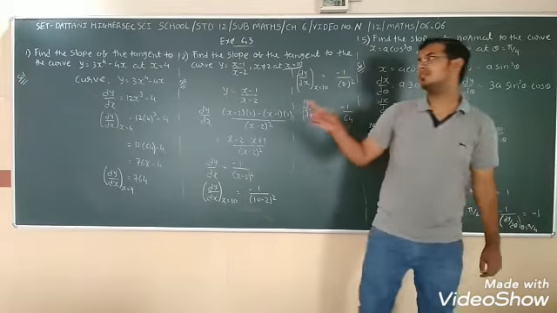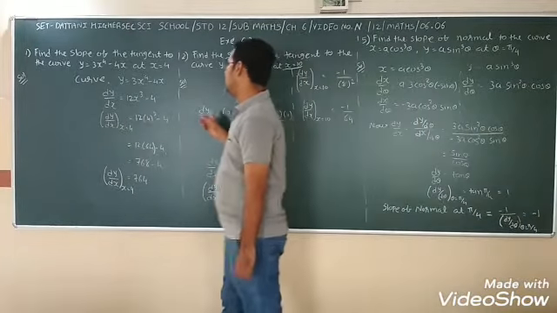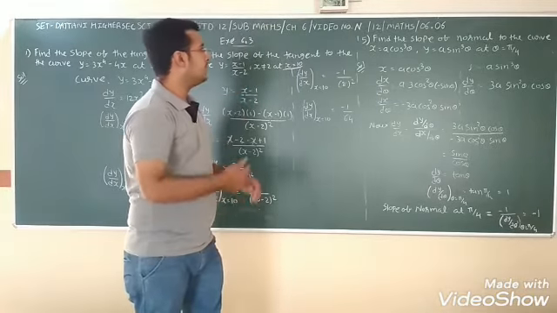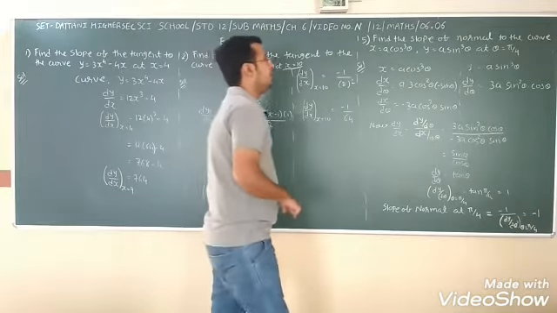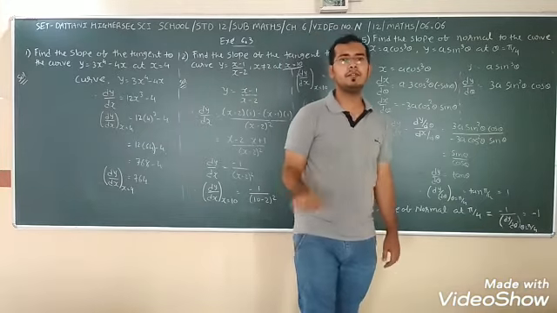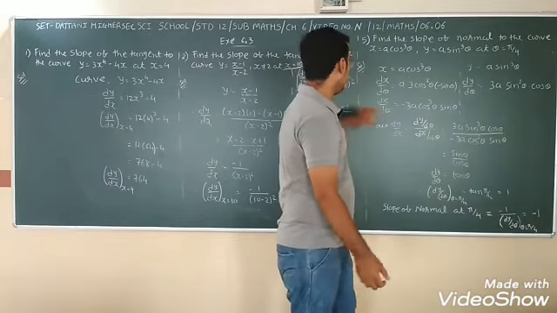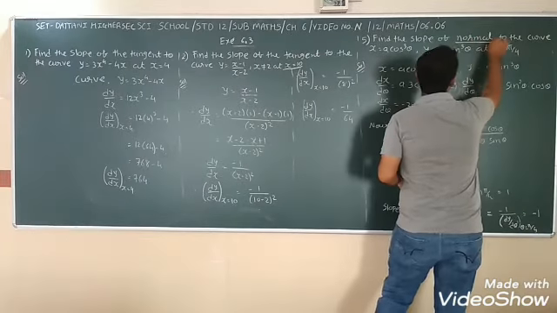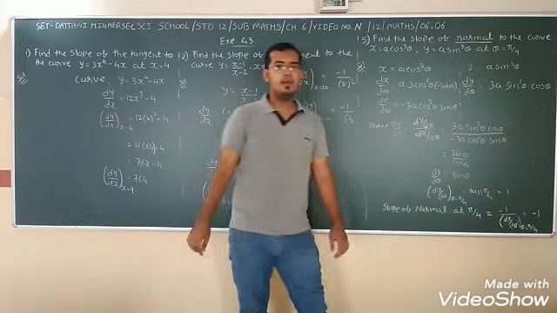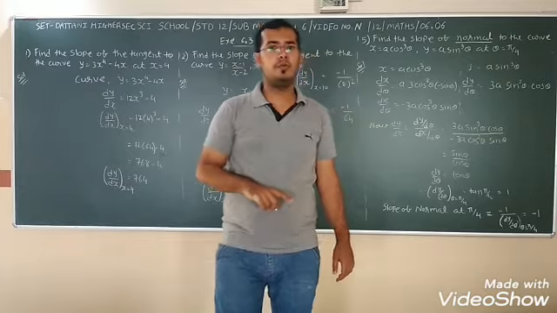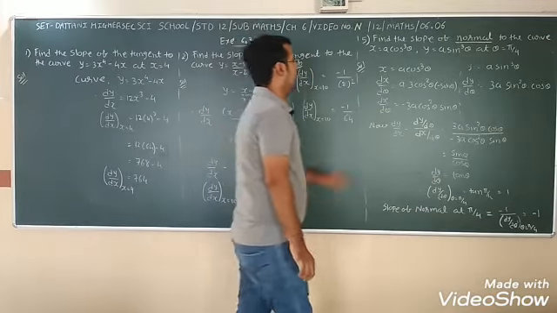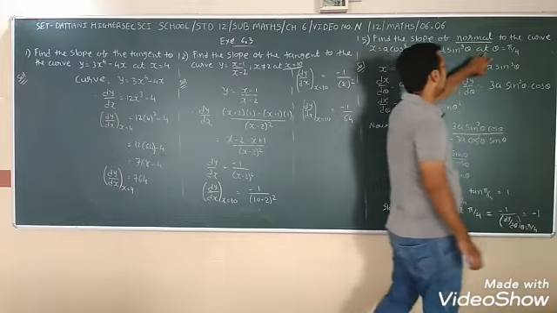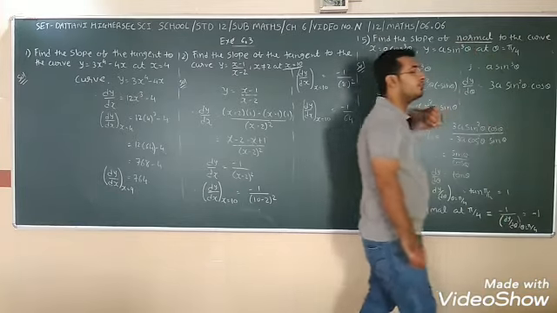Sums number 3 and 4 are the same as those sums, so you have to write them yourself, okay, and do them as homework. Next, the fifth one is the same, and we already performed this type of derivative in chapter 5. Find the slope of the normal. The formula for the slope of the normal is minus 1 upon f dash x0. For the curve x is equal to a cos cube theta, y is equal to a sin cube theta, and theta is equal to pi by 4.